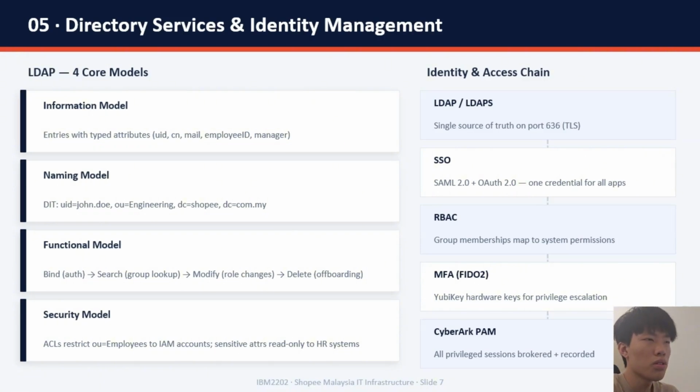The functional model defines operations like bind to authenticate, search to retrieve group membership, modify on role transfer, and delete when an employee departs. The security model enforces ACLs. Only designated IAM service accounts can modify employee records, and sensitive attributes like password hashes are readable only by approved